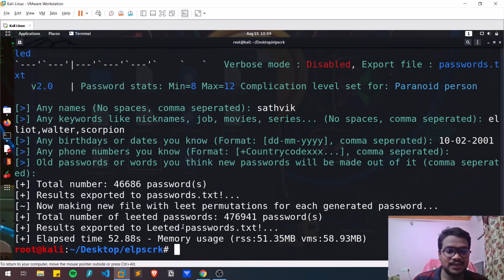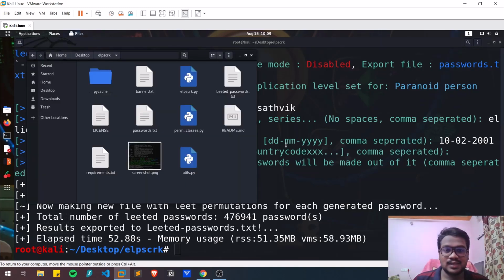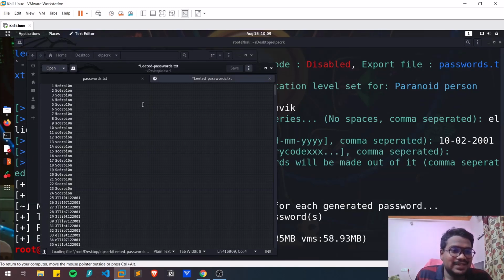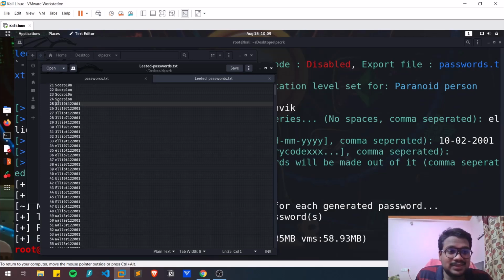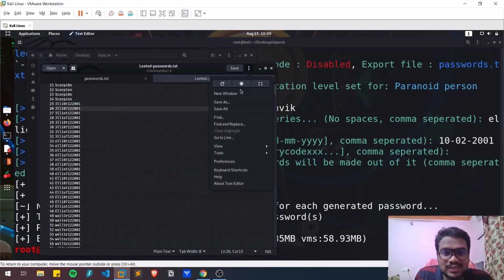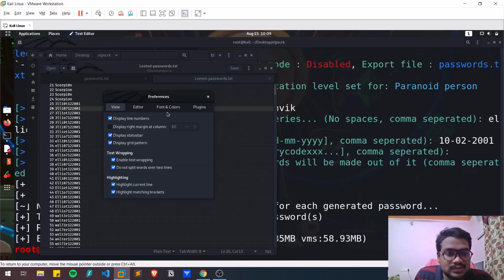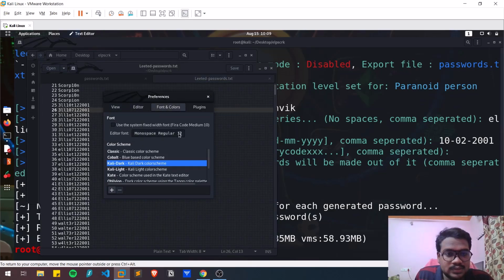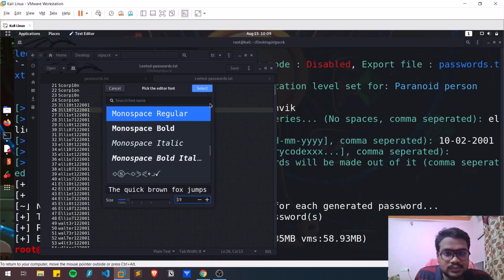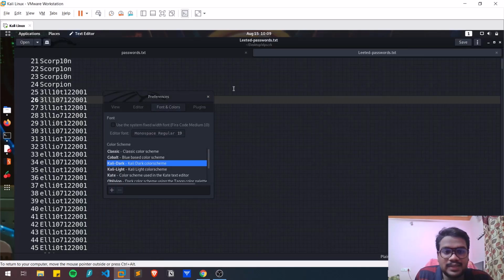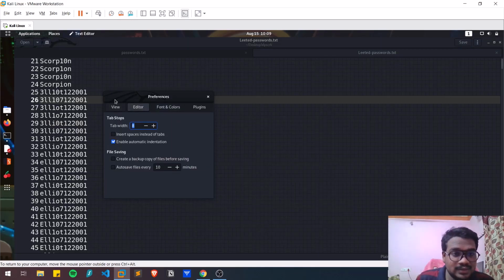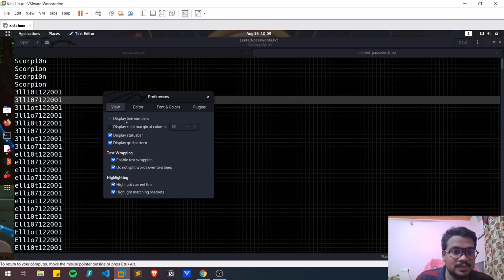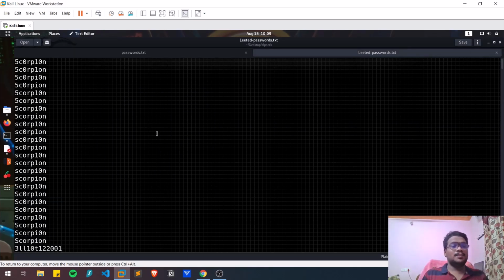And you can see the file is named deleted passwords, okay? So this is the one. Let me open that, and you can see it created a bunch of options. Like in the place of E, it replaced it with some options. Let me enlarge this font for you. So select this font, okay? I think now it will be clear. You can see what all the options are. Yep, now you can see all the passwords that this tool has created.